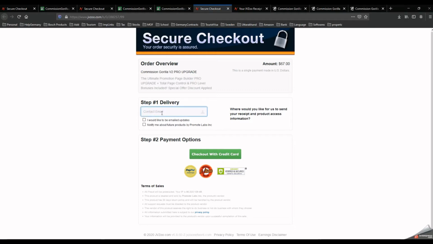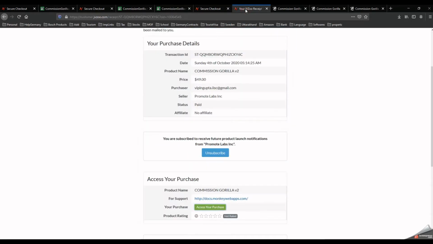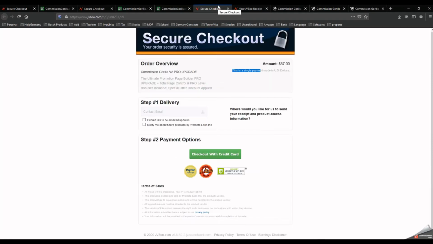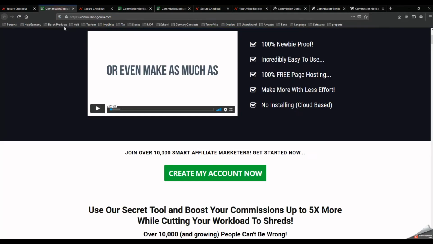And here you need to insert your email ID and select the checkbox, the icons necessary, and then check out with your credit card. So once you say check out with your credit card, you will have your pro account enabled, and it will cost you $67 here as mentioned. Okay, so once done, the next thing is now you are going to receive two emails. So the first email you received when you purchased the basic account, and the second one for the pro.